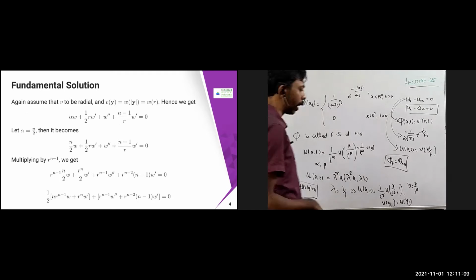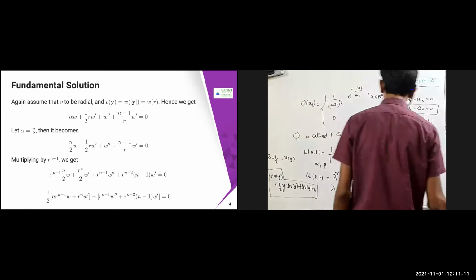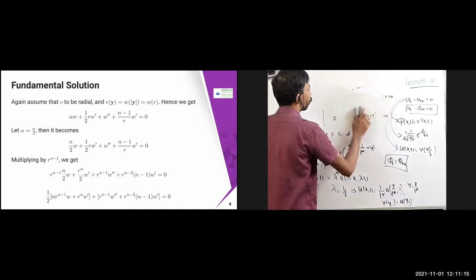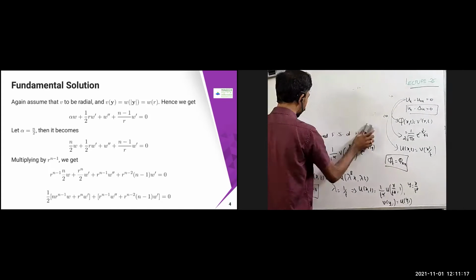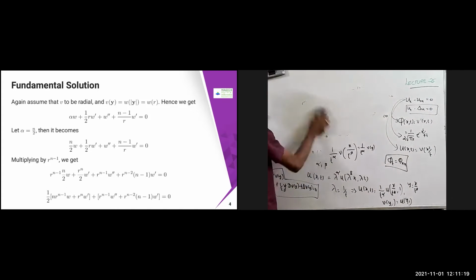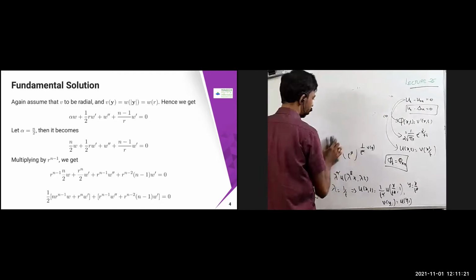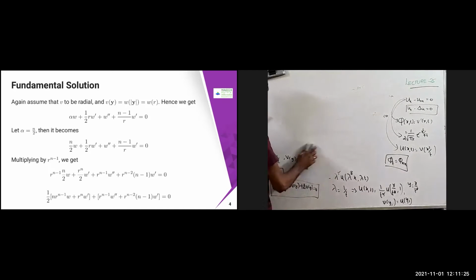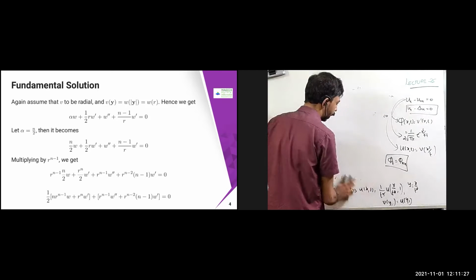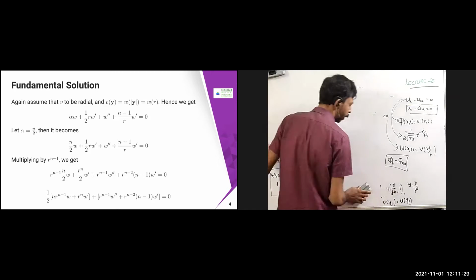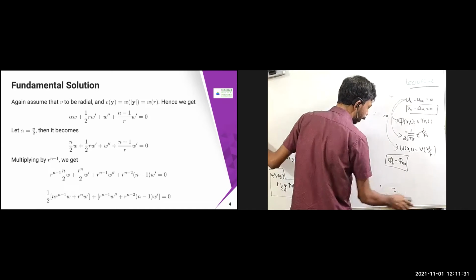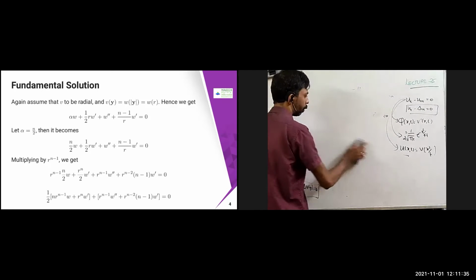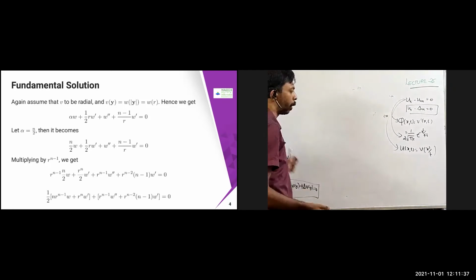Using this concept, I'm going to make some more assumptions, and then we are going to solve this problem. The next assumption is that I'm going to take V as radial. We are going to assume V to be radial, which means we are once again going to do the kind of ball-type things we did before. Same kind of things we are going to do here. So V is assumed to be radial.